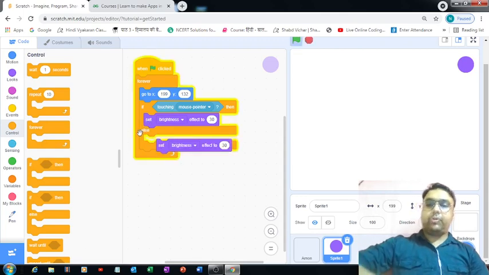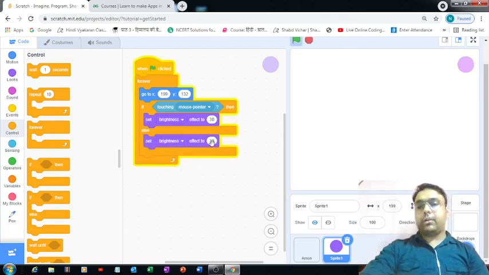Else the brightness should be equal to 0, so that's what the user will see. Now when you click on this flag button, when I bring my cursor and put it on this blue circle, just check out what will happen to the background color of the circle. It will change. See, its brightness changed. Let me reduce it to 20. I think 30 is not giving us the correct output.